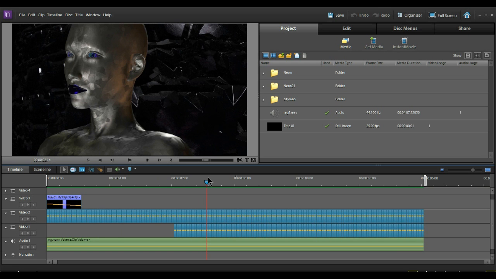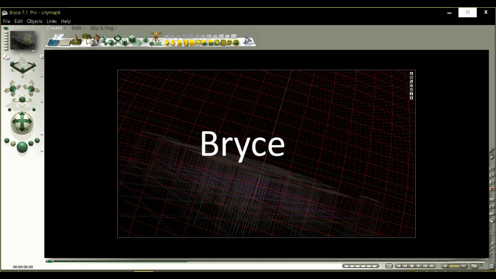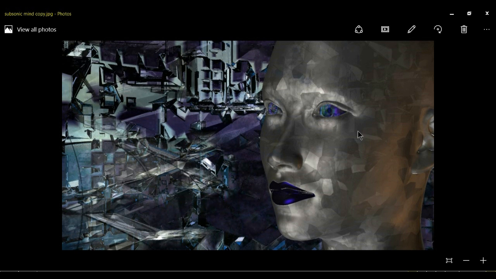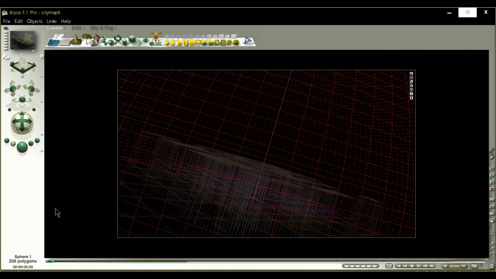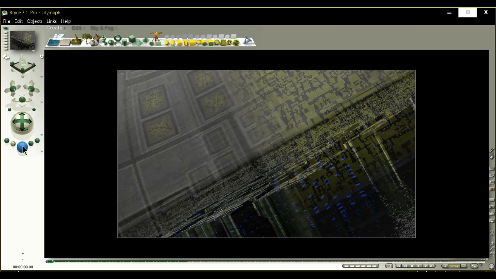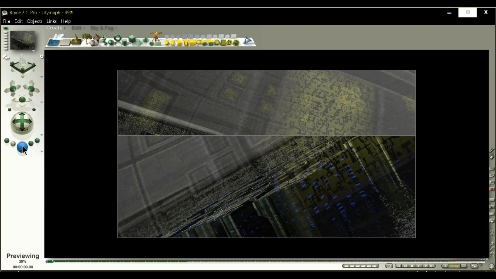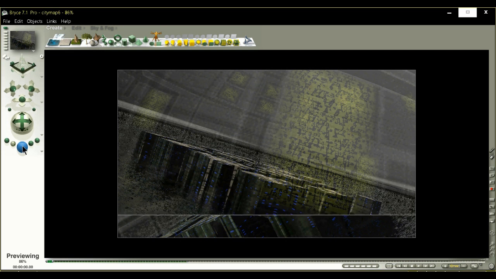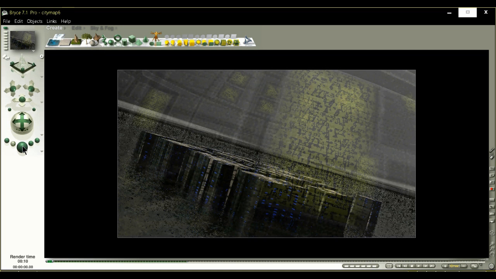My intro is generated in something called Bryce. It's part of the DAZ 3D company and used mainly for generating backgrounds, but it will also create all sorts of abstracts. However, again, when you use the timeline, it gives a wireframe view, and you have to click render to see what image you're going to get. It's worth mentioning that these programs can be very slow at generating a full HD image. So it's worth looking at the parameters of what you can change